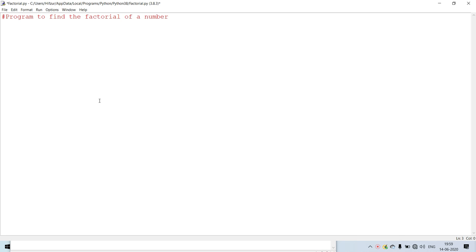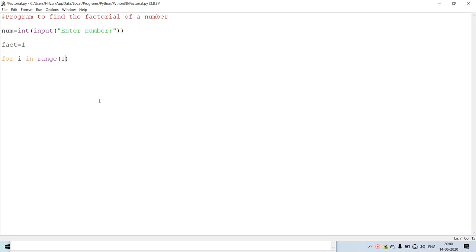In this program, we are going to find the factorial of a number. So first of all, take num as input and typecast it into int, that is integer, prompting the user to enter a number. After that, we can initialize the factorial with 1 and run the loop from I in range of, that